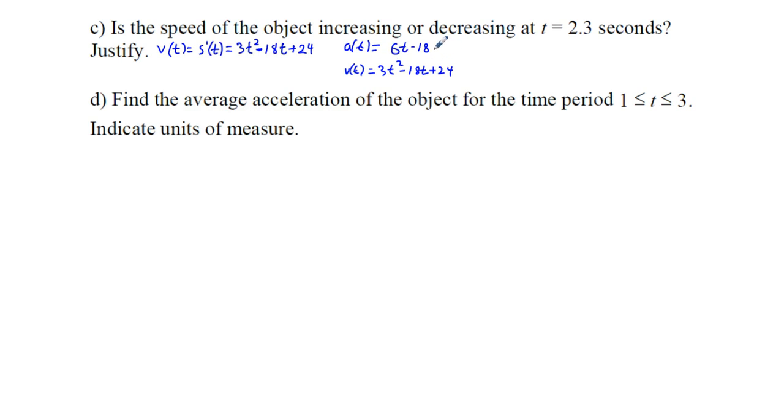So to find the acceleration at t equals 2.3, we just plug in 2.3, we get 6 times 2.3 minus 18. And 6 times 2.3 is going to be 13.8, I believe. It will be minus 18, so it's going to equal negative 4.2